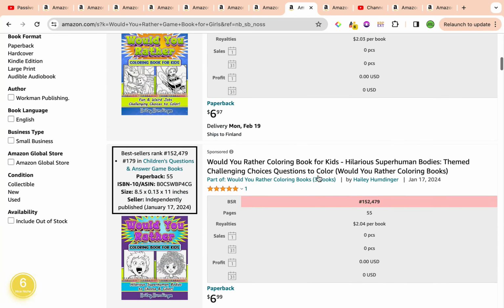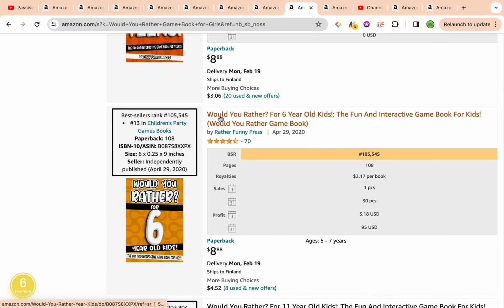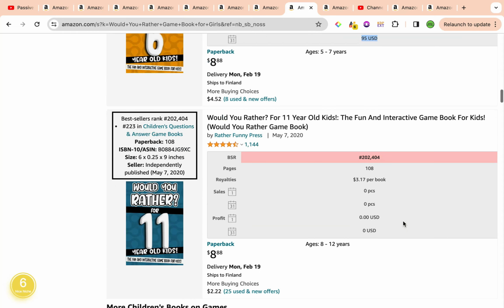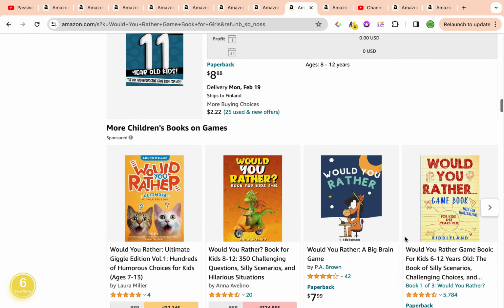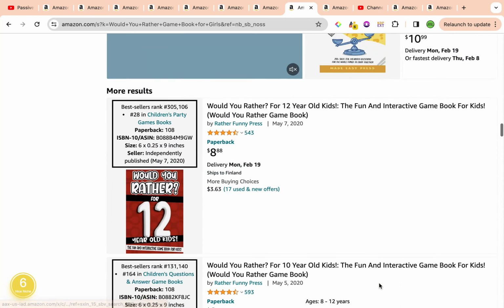So scrolling down, we do have a couple of really good books that have good bestseller rank. For example, this one's a would you rather for 6-year-old kids. Now, it's not specifically about girls, yet it is for kids, and they've managed to insert this keyword as part of the 7 keyword slots, and it is generating around $95 per month in sales, selling around 30 copies. This one here has a bestseller rank of 202. This one's sitting at a bestseller rank of 37,000, generating around $125 per month, selling around 180 copies,